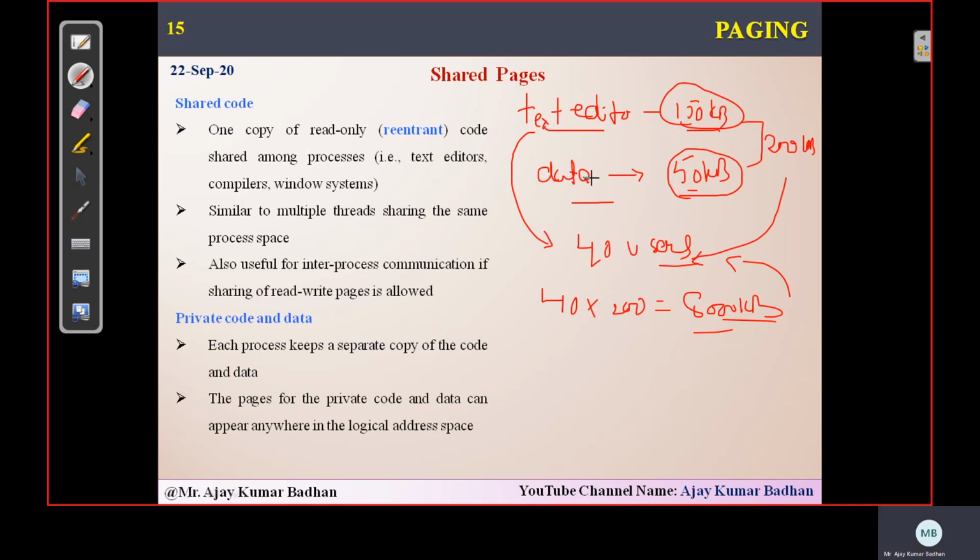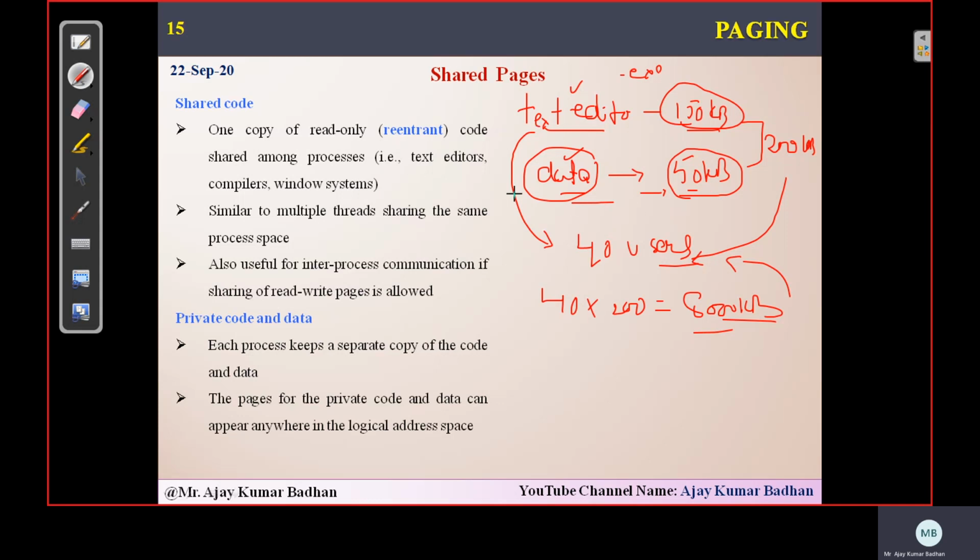But if you think logically here, this text editor is almost the same. All the 40 users who are using this text editor are not going to change anything. That particular application, the text editor or notepad, is the same type, 150 KB, and we are not going to modify that editor. The content present in it is what we are going to modify. That's the reason we separately provided data of 50 KB. Whatever data you write in the notepad will be stored here. What about the text editor .exe file? This is the same for each and every user. 54 students are using the same text editor.